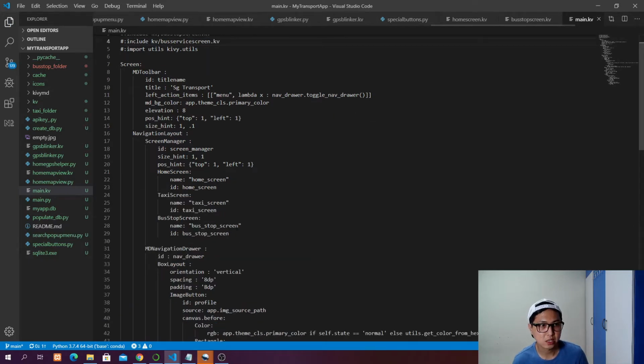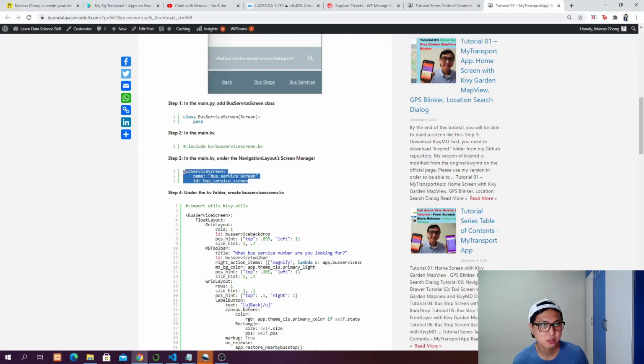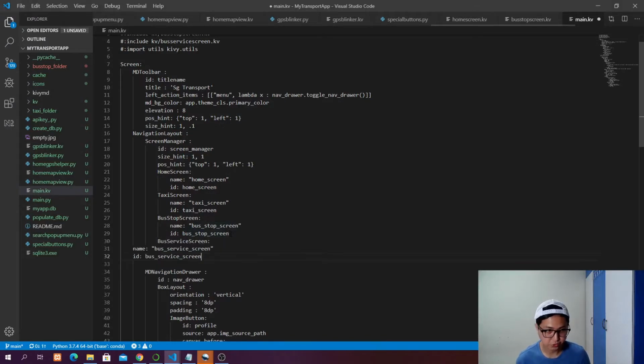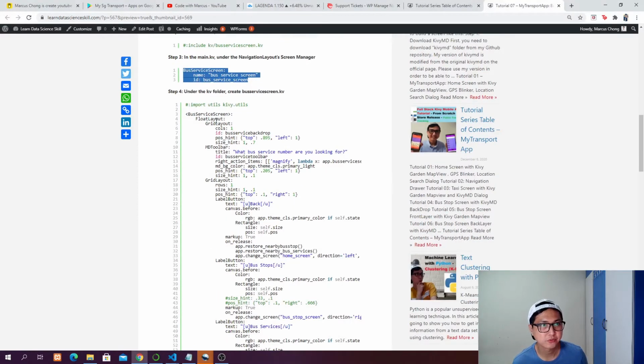You add a bus service screen under the screen manager, with the name and ID of bus service screen. Remember to keep the same style of doing this, so that you won't go wrong. And step 4 is under the Kivy folder. We create a bus service screen.kv,